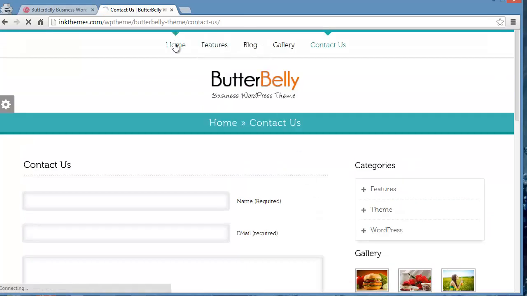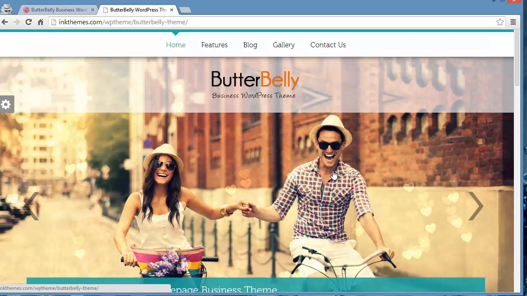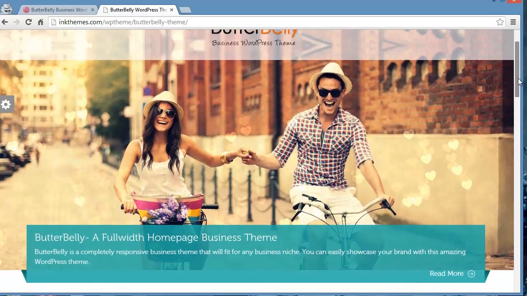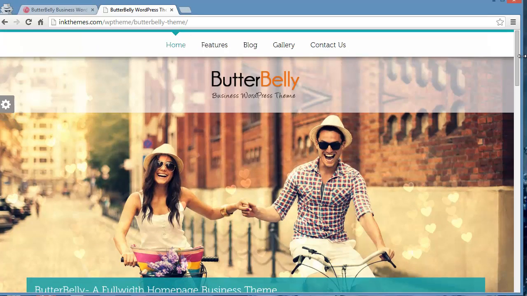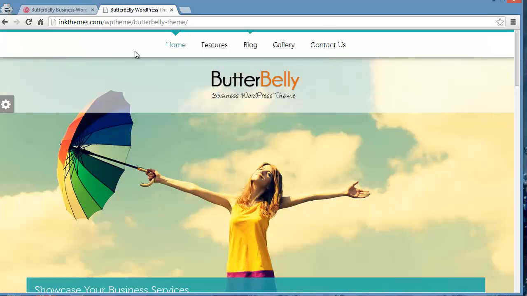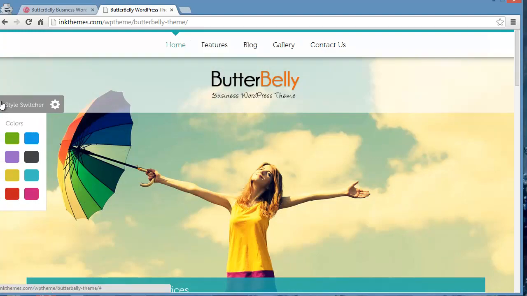So this is the Butterbelly Business WordPress theme, and you can see it has all the features that you would need to highlight your business and its services and products. So basically you will be able to promote your services in a very elegant way in the online market. And one more feature that we have over here is the styling option. You have 8 different colors to style your website.